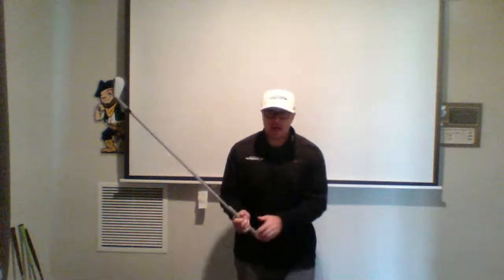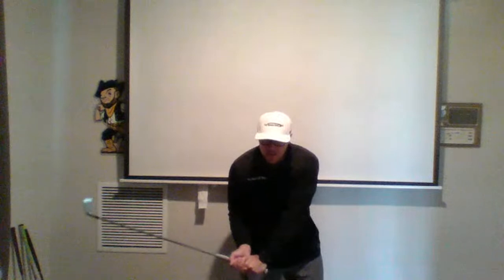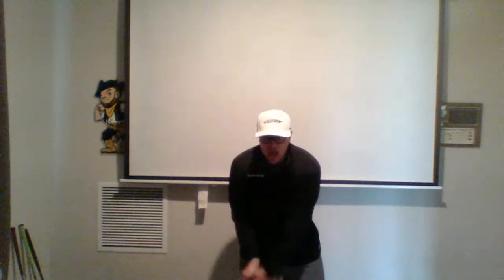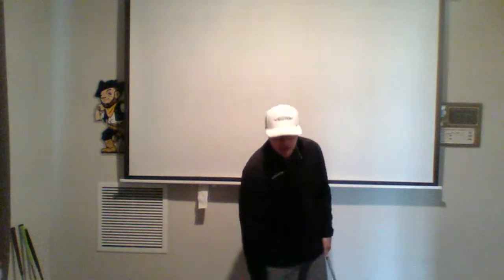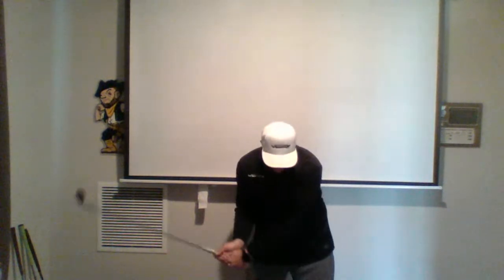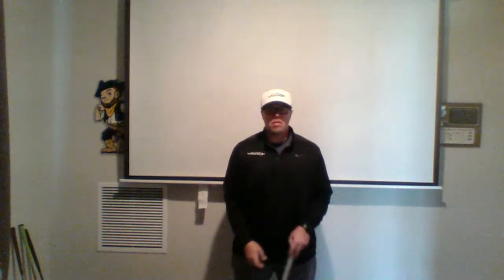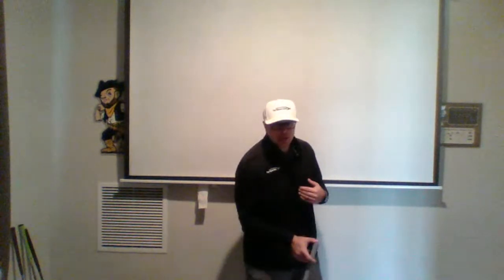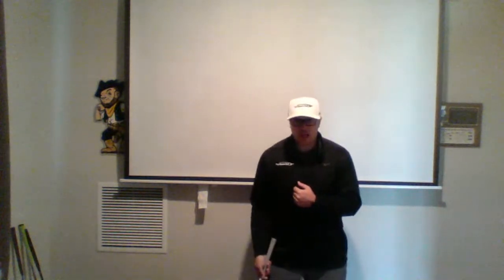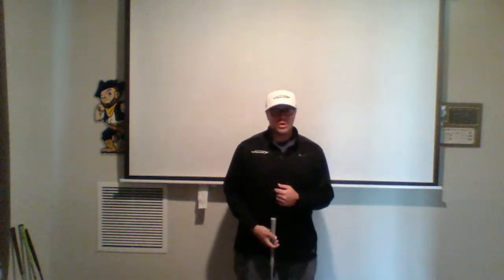So if I'm coming into contact, keeping everything behind the ball and rotating through contact, I'm able to release the club out in front. If I keep my head behind the ball and I don't rotate, I just bump my hips forward, my trail shoulder is just going to go down, and I'm just going to stick that club in the ground behind the ball. So you've got to get the rotation when you're coming through there. You can't just slide the hips forward and keep the nose back, because that's going to result in the issue that you're